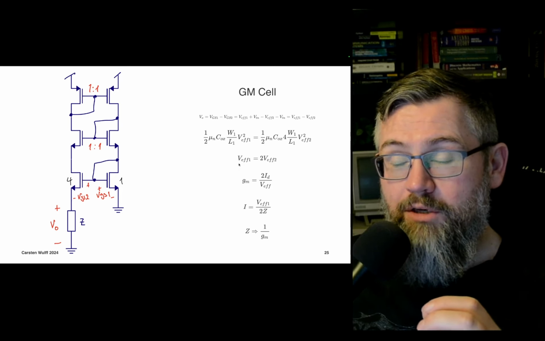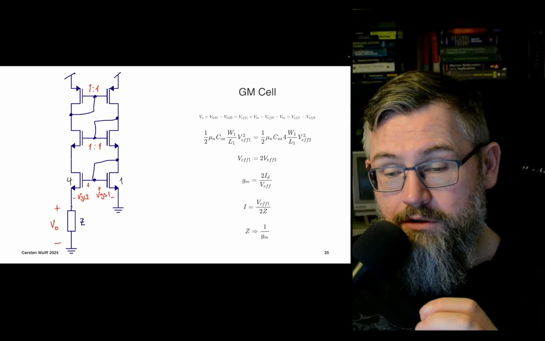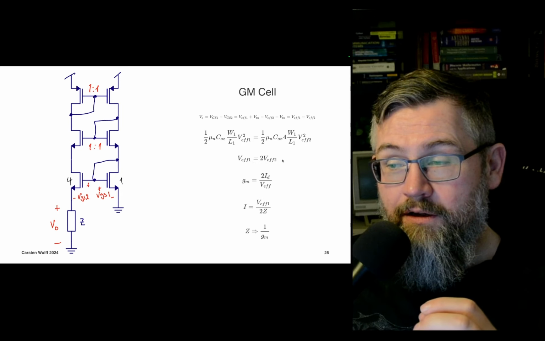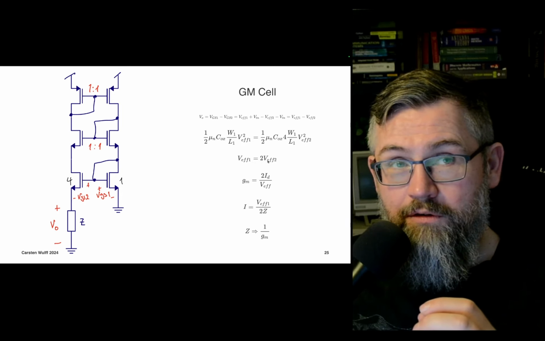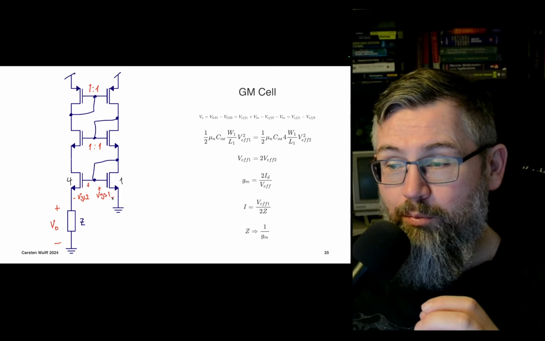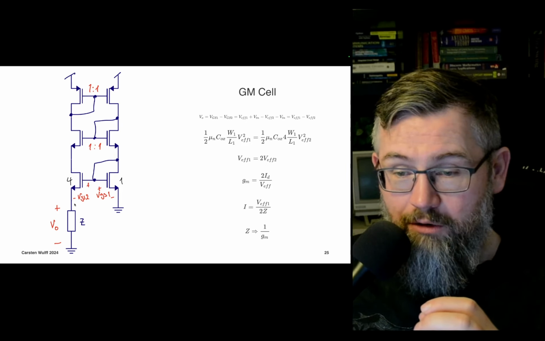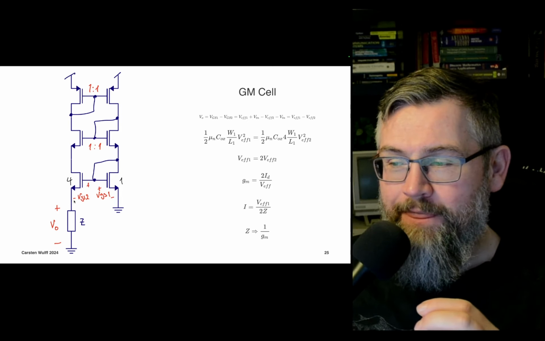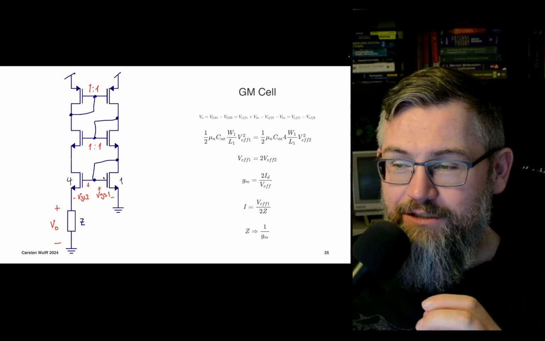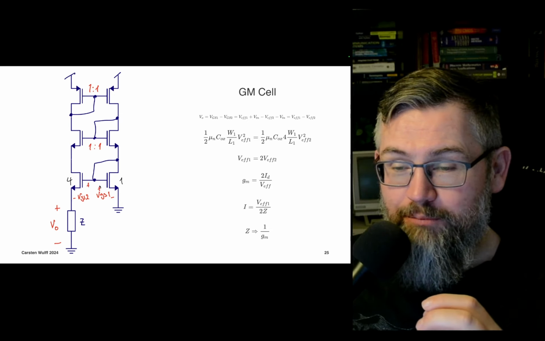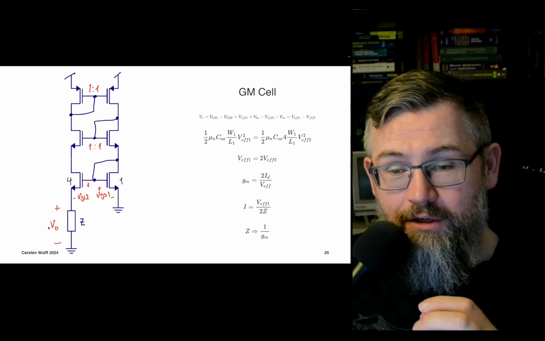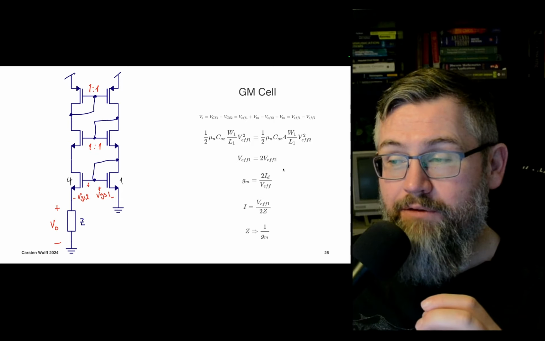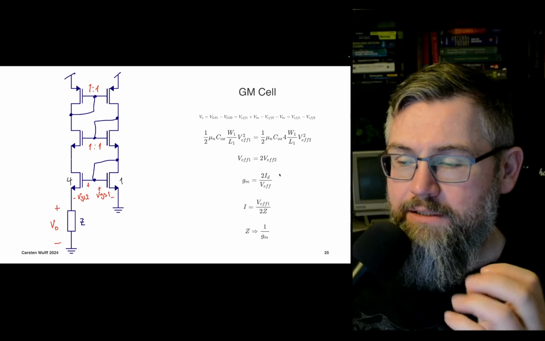then it must be the case that the voltage across this impedance is given by VF2, right? Because we go up 1 V effective, we go down half of V effective, or actually this VGS1, that is 2 VF, so we go up 2, we go down 1, and we're left with 1. So the voltage across this impedance is given by the V effective 2,